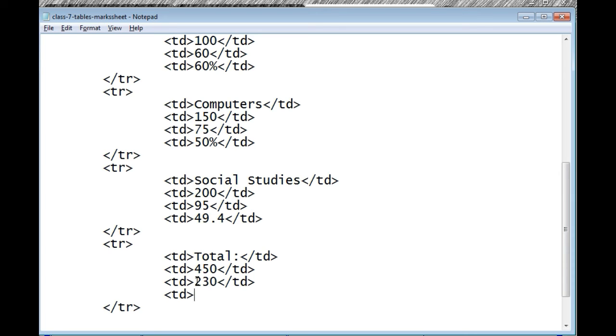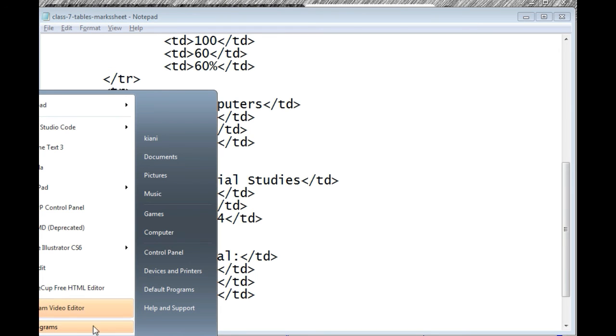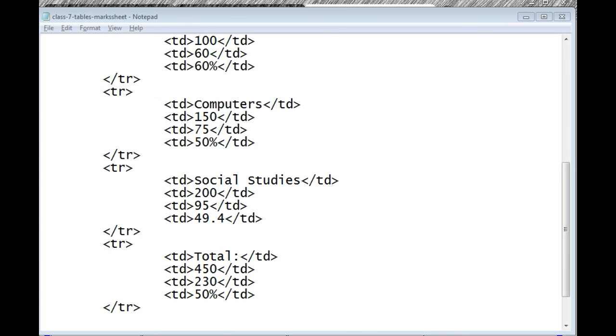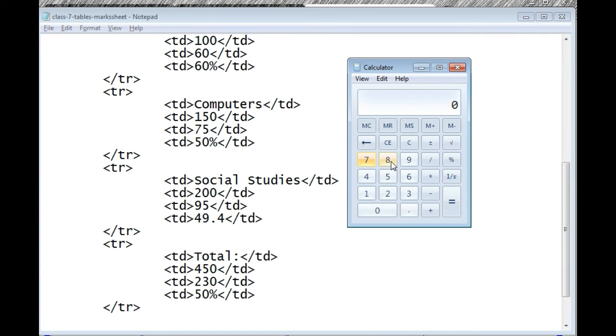Percentage is about 50%. There should not be any about, but now this is. Let's calculate the percentage. How we calculate the percentage? Total marks are total obtained marks.